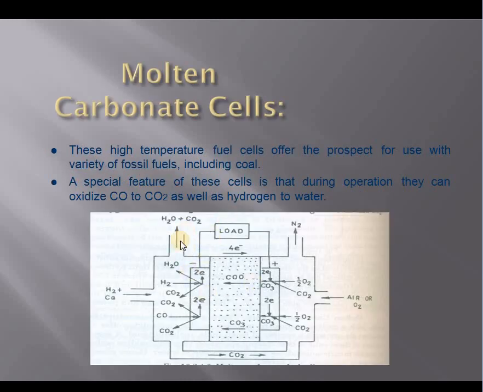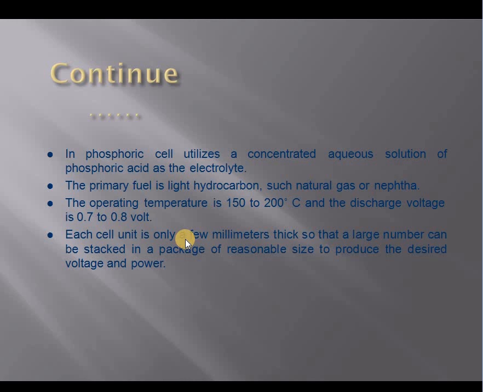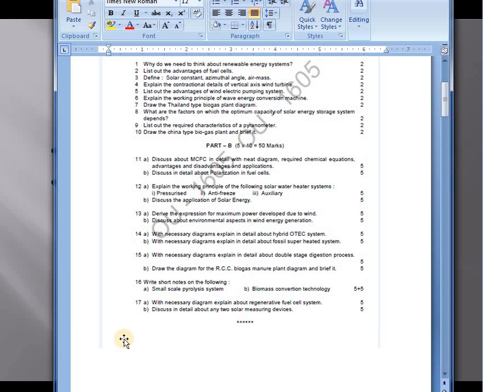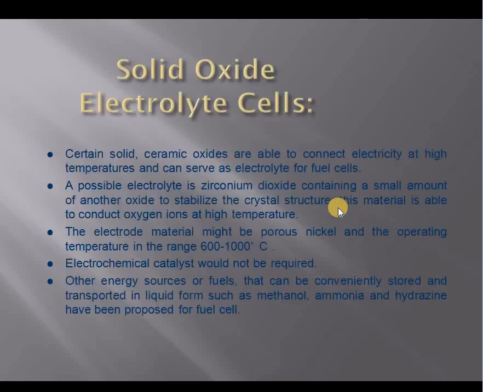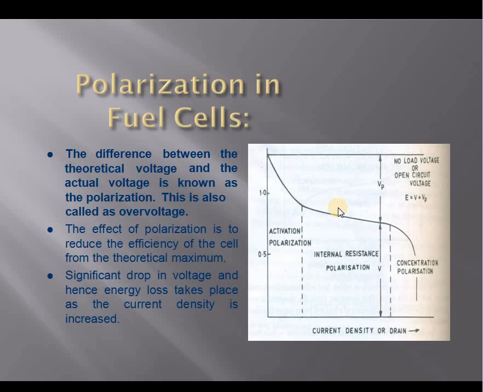And similarly you have the molten carbonate fuel cell, which we have discussed as well. The molten carbonate fuel cell uses carbonate as an electrolyte, which is in molten form, and these are the chemical reactions. So it is enough for you to draw this diagram. For 5 marks it asks you to write the chemical reactions, draw the diagram, and explain whatever is taking place. It operates at a high temperature of 600 to 700 degrees Celsius. That's the reason the electrolyte is in molten form.